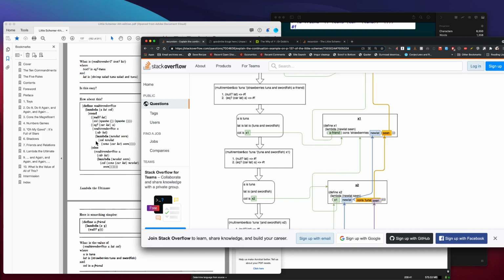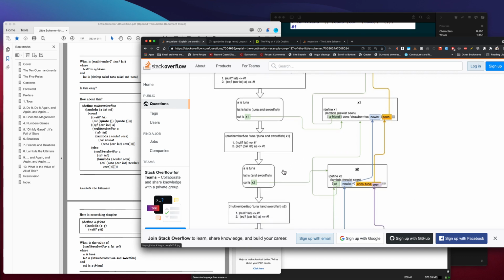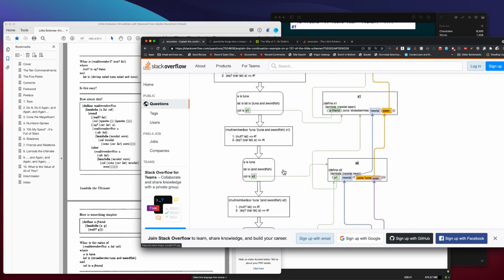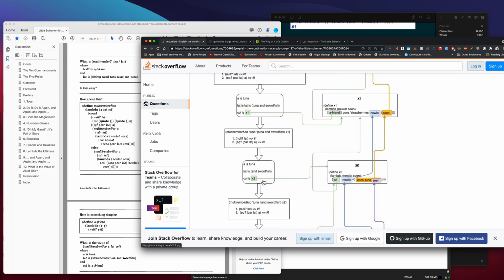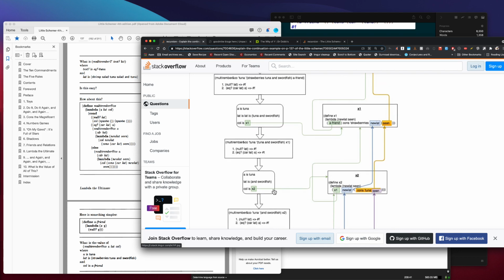Is that right? I was looking at the procedure trying to figure it out before I look at the answer. Yeah, okay. Trying to build up an intuition of how this works as opposed to just having to read along. So for the recursive invocation in which the lat is and swordfish, it's not null. The first value of the lat isn't equal to tuna. So then we go back to the else, and we recursively invoke multi-remember and co with the cutter of lat, and as col we have a procedure which is going to be, I'm assuming, x3,